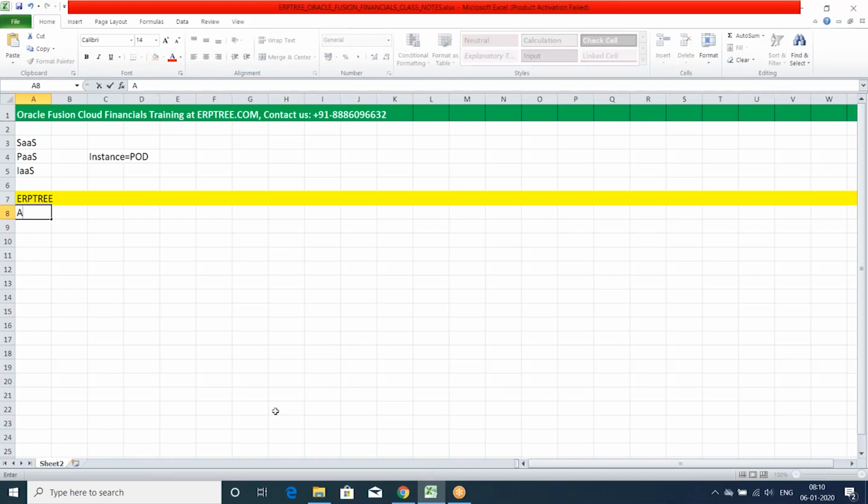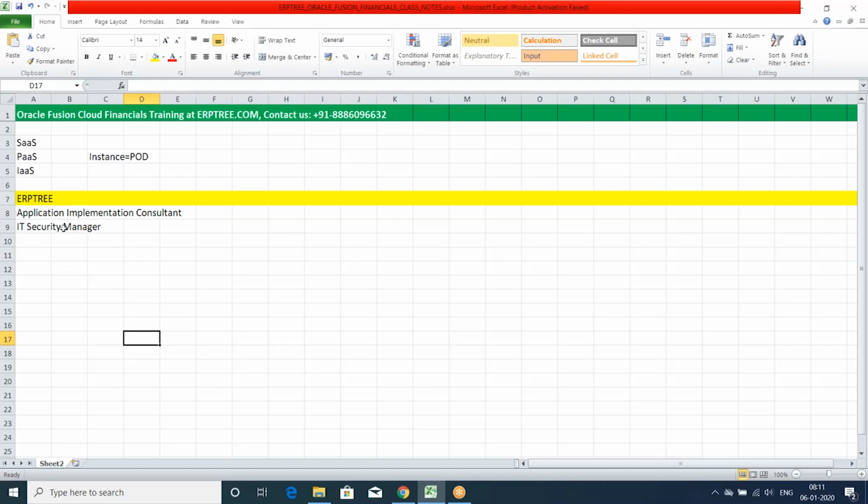Those are Application Implementation Consultant and IT Security Manager. If you can provide access to these two roles, the user can have full privileges to work on the application as per the scope of the implementation. That means whichever applications they are going to implement as per the client requirement, those applications can be implemented.